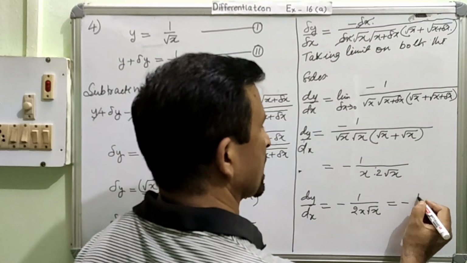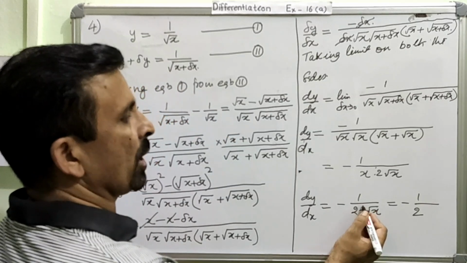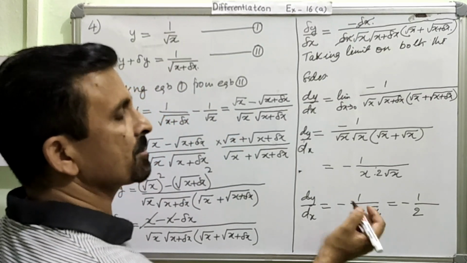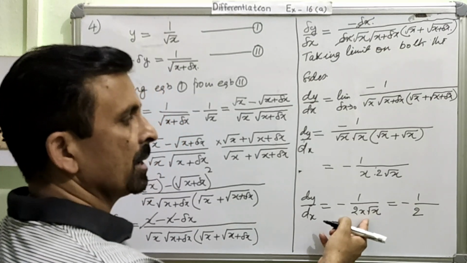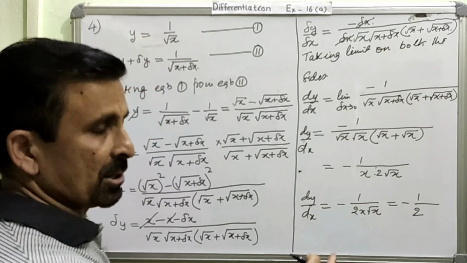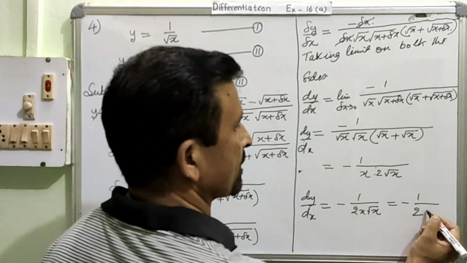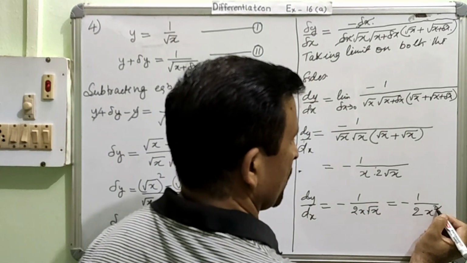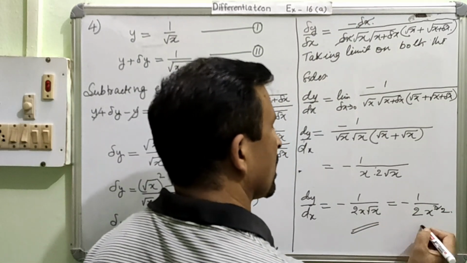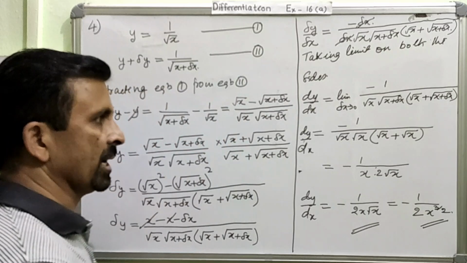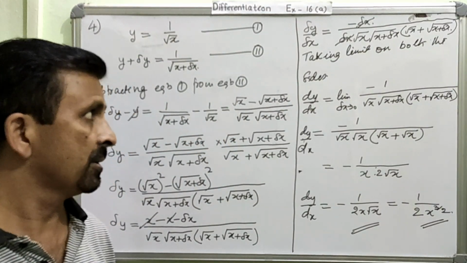Either you can leave the answer like this, correct answer, or you want to make them same, then you can write minus 1 over 2, and the power of this x is 1, and the power of this root x means power half. So if you use the product law of exponents, then the powers will be added. So power 1 and power half added, it becomes x to the power 3 over 2. So either your answer can be this, or you can leave your answer in the other form. You can leave the answer in any form. Both the answers are equally correct.